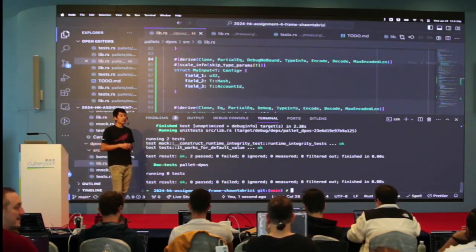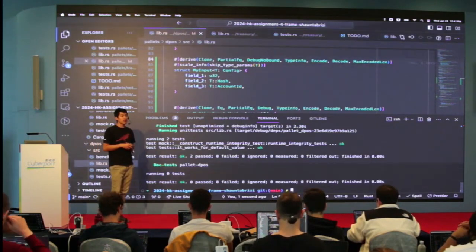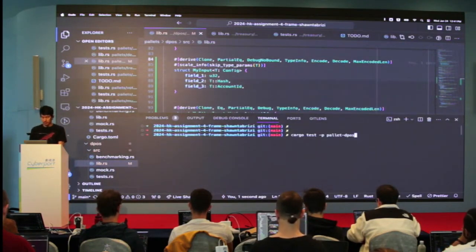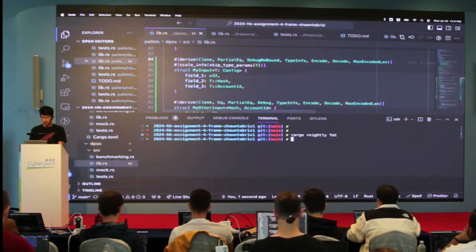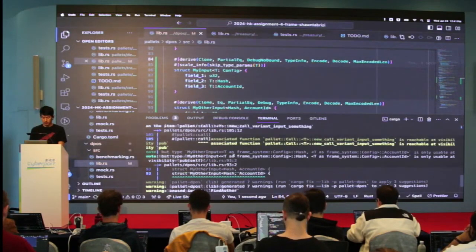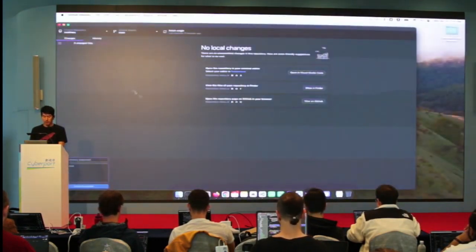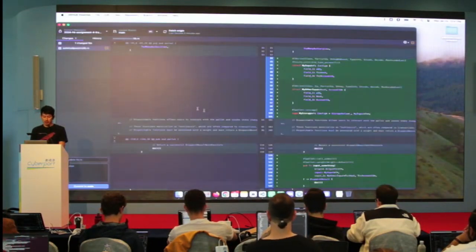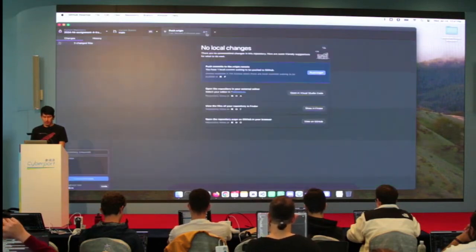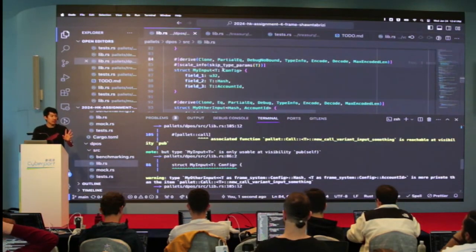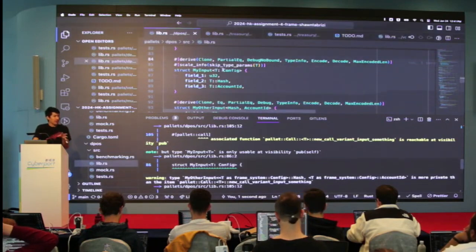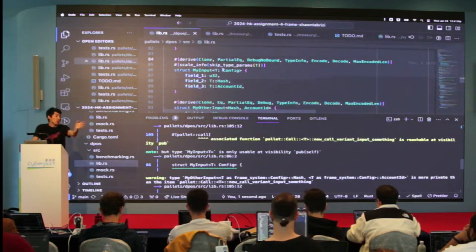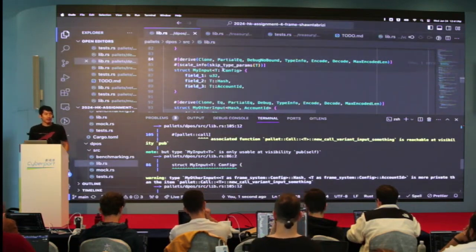Okay, so bounded vectors. One thing is, they have an issue when you use them in events and also in storage items, for example, a storage map. I'm getting some weird stuff. I'm using one, and I think I can work with that as a starting point. Let me just commit this. If I put it into an event, is that what you want? Event and storage item. So storage item is better. Okay, bounded vec in a storage item.